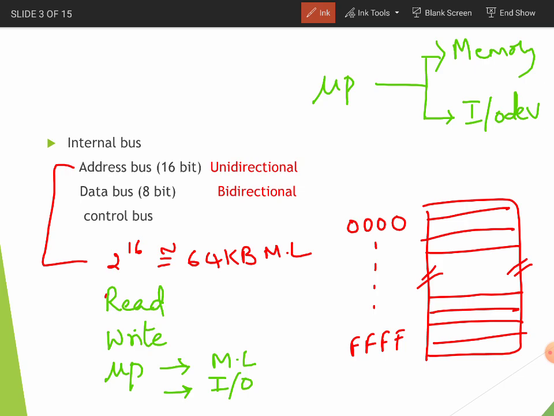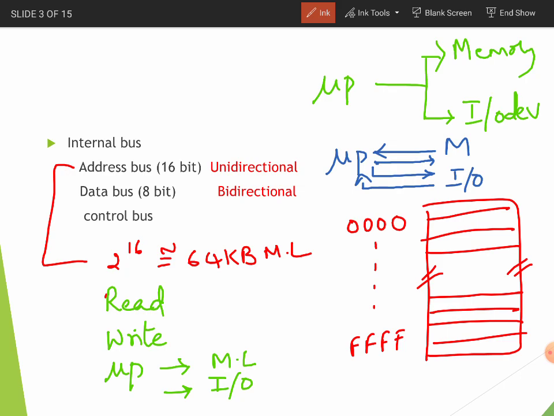And coming to the data bus. The data bus is 8-bit size and it is bidirectional. Why is it bidirectional? Because the address flow may be from the microprocessor to the memory and microprocessor to the IO device. But the data may come from the memory into the microprocessor, or the microprocessor may write the data onto the memory. Same case when it is an IO also. The microprocessor may write the data onto the IO device or from the IO device to the microprocessor. That is the reason the data bus is bidirectional.